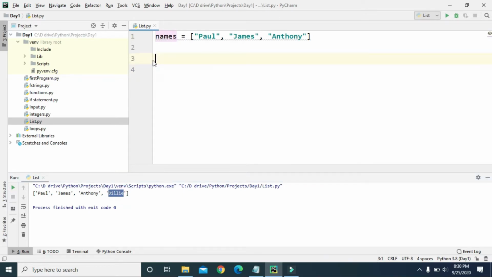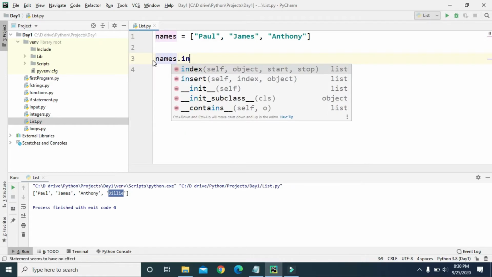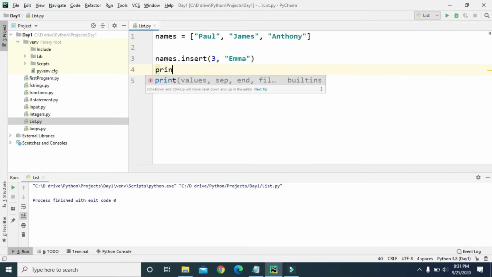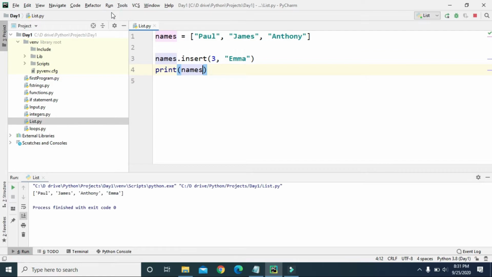We can also use the insert method, so names.insert, and it takes two arguments. The first argument is the index value, so we have 0, 1, and 2. So let's add the new item in the third index, so 3, and then we can give any name. So let's give Emma, and let's print it again. So here it just added this Emma in the third index, but if we add this in second index, now